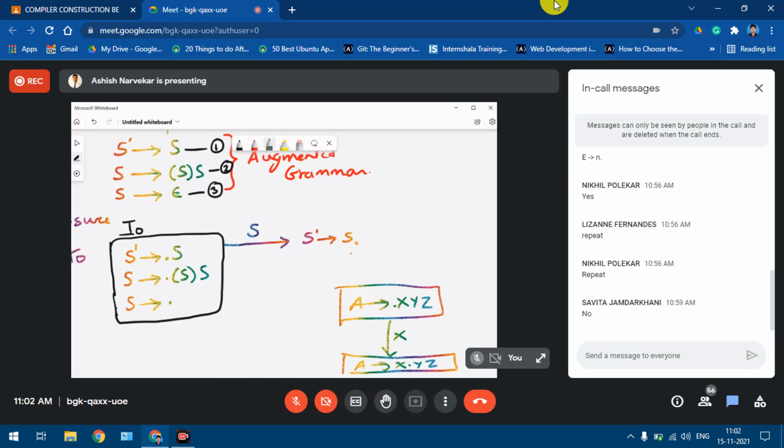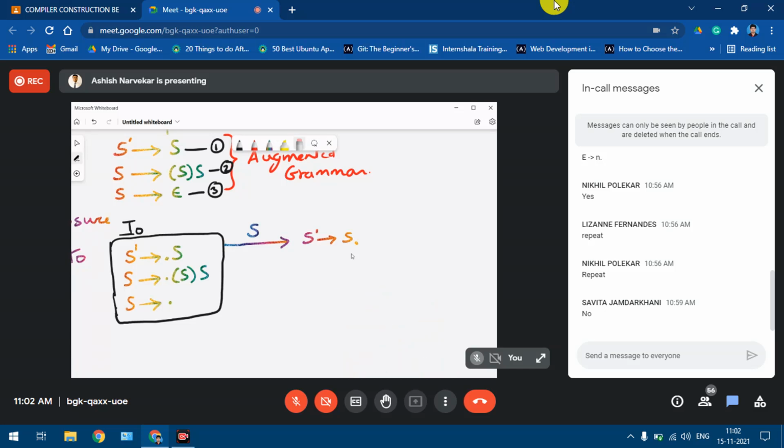I just rolled the dot over to the next position. Same thing I did over here: it was S dash gives dot S, and I just shifted the dot to the next position on the right side.